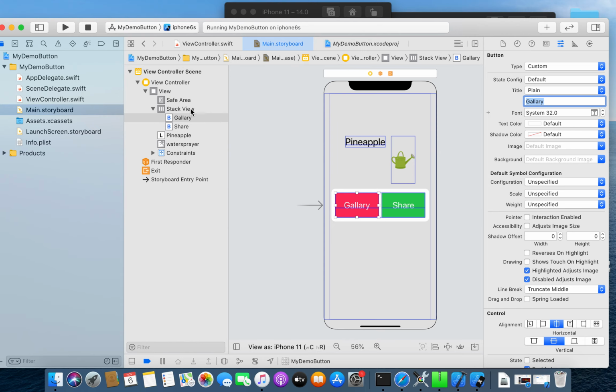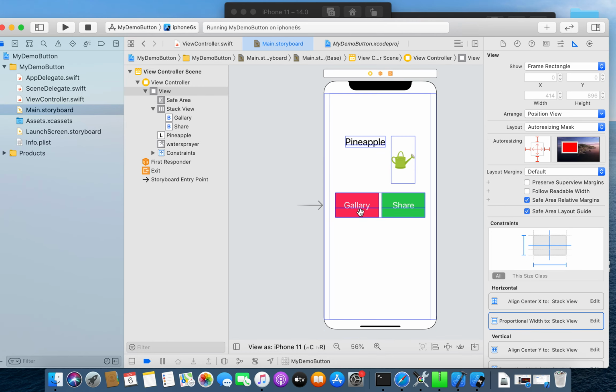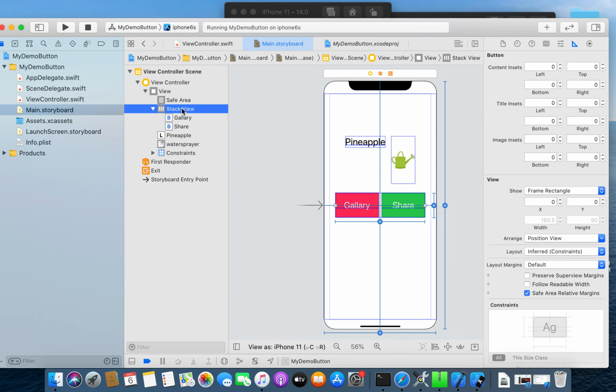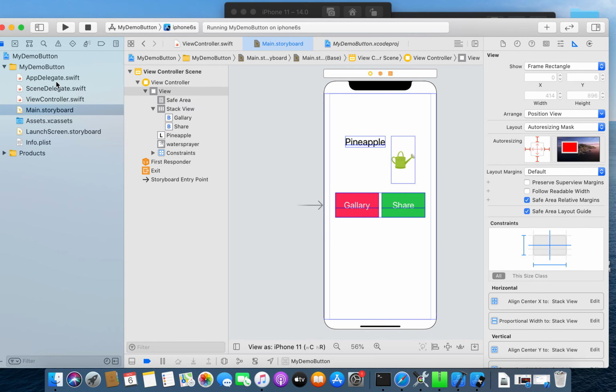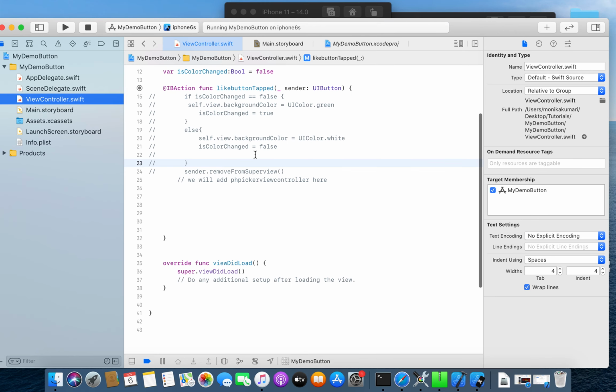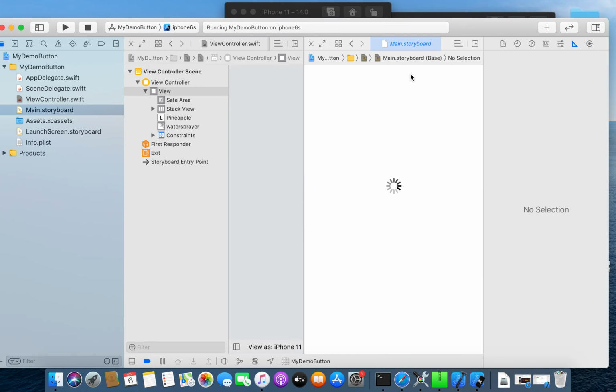Also, we have changed the multiplier to 0.8 instead of 0.5. So I have added for the stack view, we have changed the multiplier of the width of the stack view to 0.8. So on the click of this like button, my like button tabbed method was called. So I will rename this like button tabbed method to gallery button tabbed,